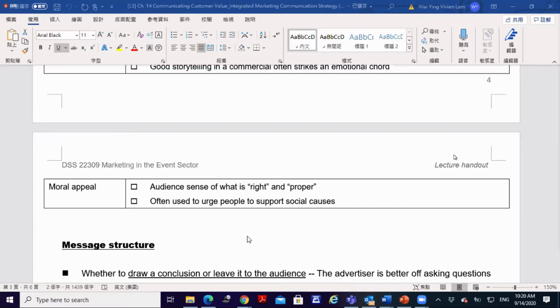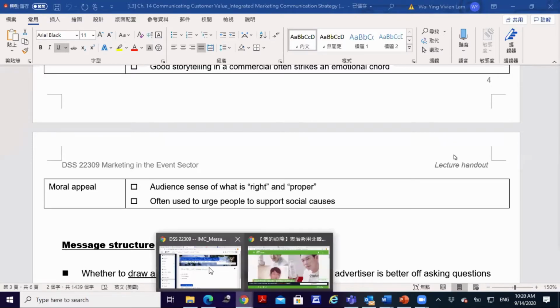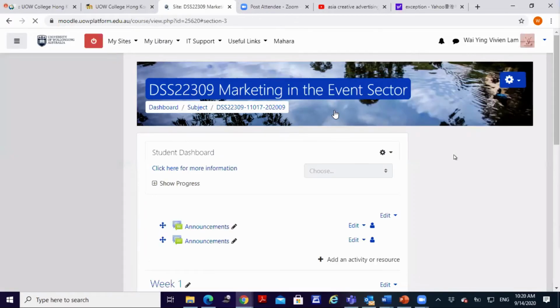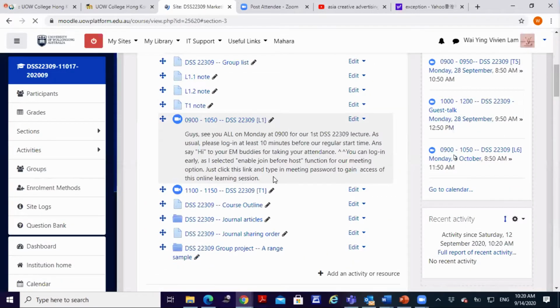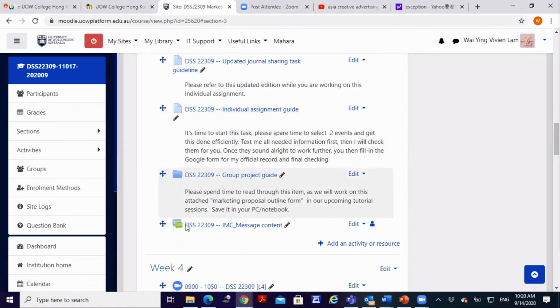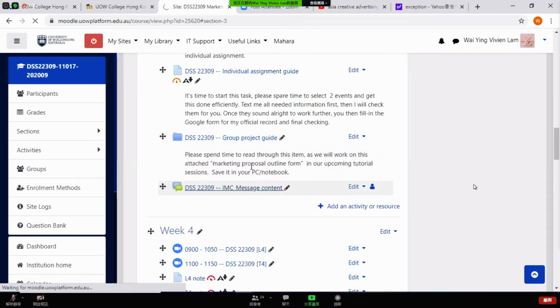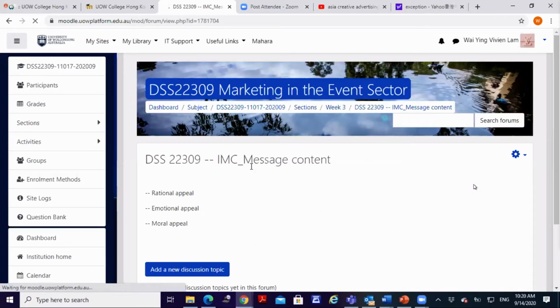下星期開始,我會 post 一啲計分嘅 discussion 喺 Moodle。我今星期上堂想大家先做一次,咁你起碼有個概念,同埋互動性多啲。麻煩大家去 Moodle 嘅 Week 3,我開咗一個討論區,有個綠色公仔就係 discussion。Click 入去 IMC message content,呢個係 participation mark。我想大家好快做一啲資料搜集。